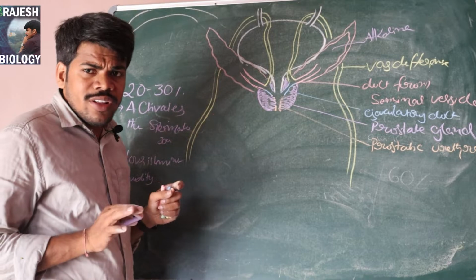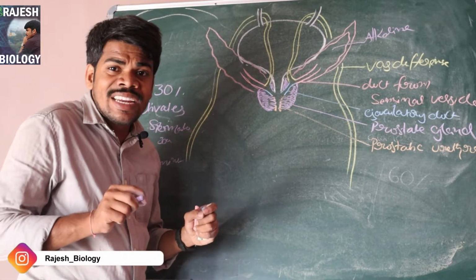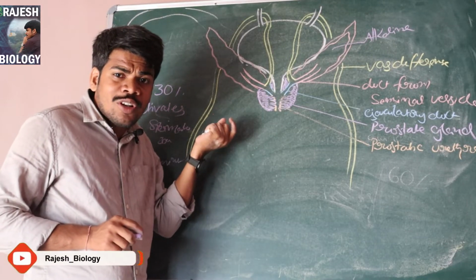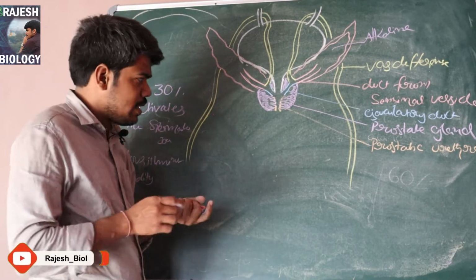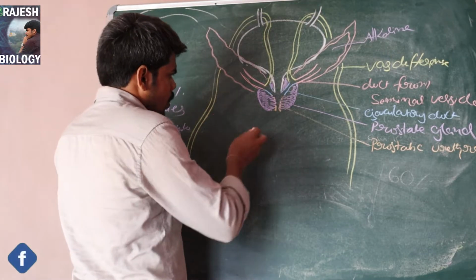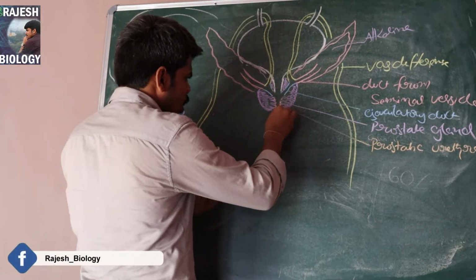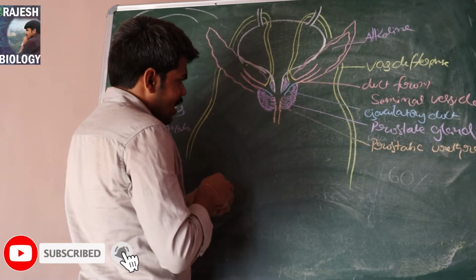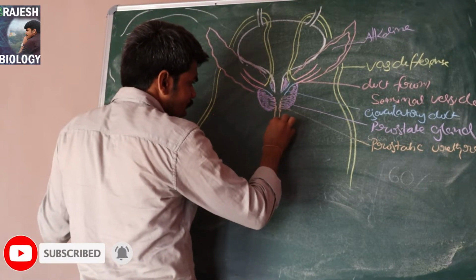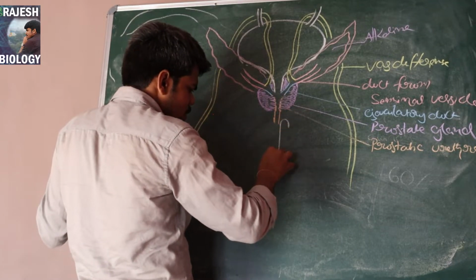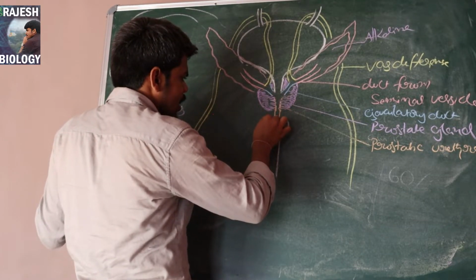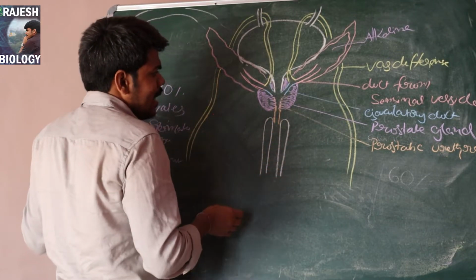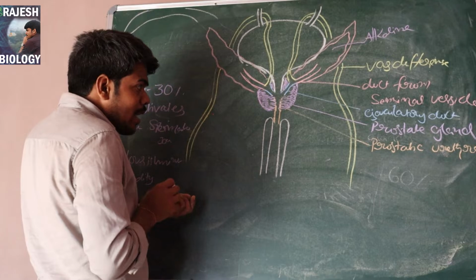And don't get confused, prostaglandin is secreted by the seminal vesicles. Even though the name is prostate gland here, prostaglandin is secreted by the seminal vesicles. Okay, now the prostatic urethra continues as the membranous urethra, and just beneath the prostate gland, at the starting point of the inner penis,